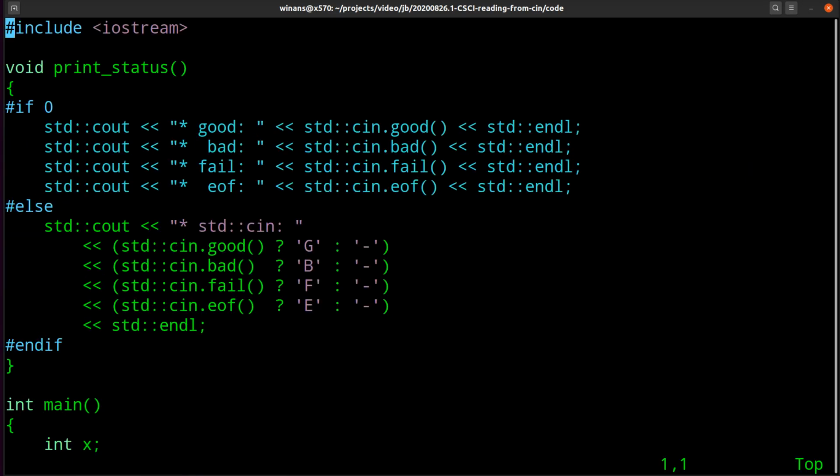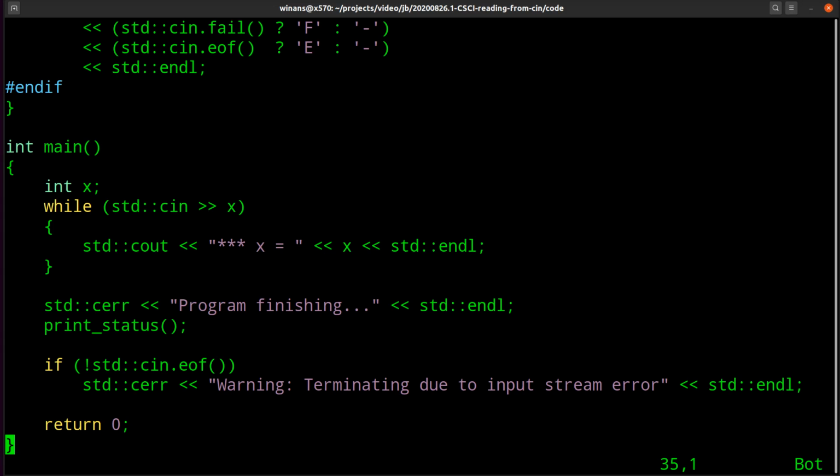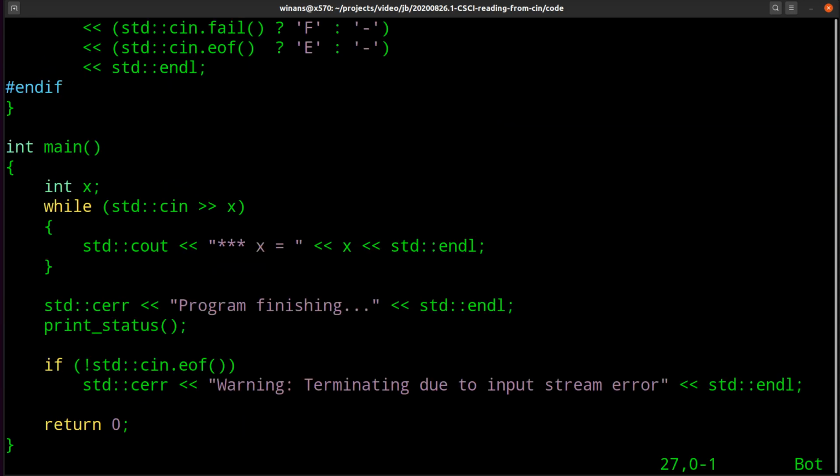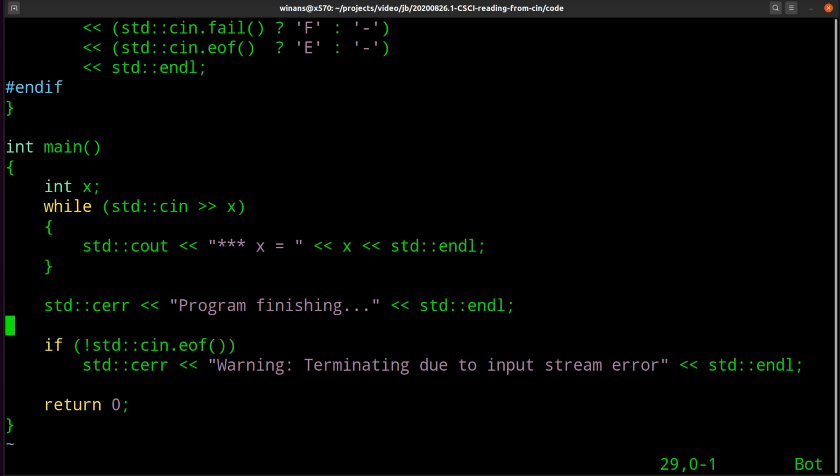So this structure of this program is a great template to use if you need to just read in a set of integers, or if this could just as easily be a floating point number or a double or whatever. Whatever the extraction operator can handle, you can do that in this kind of a template. Now that we know what's going on, we don't need to print out the status or anything else. You can get rid of that.